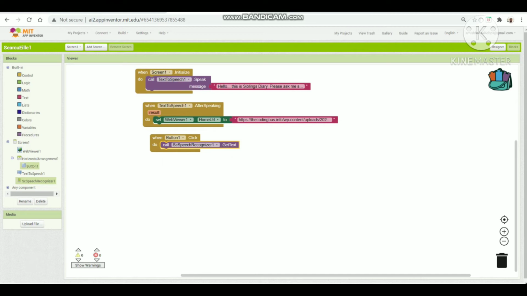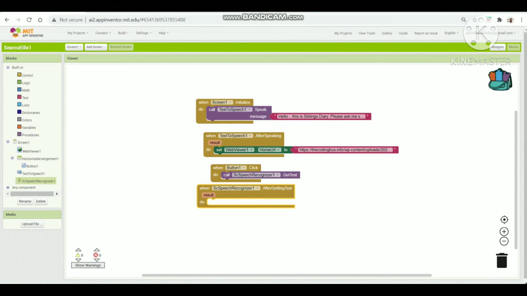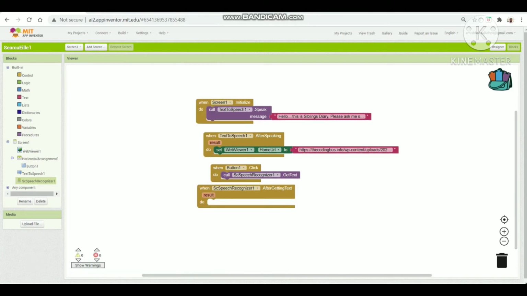Now drag when speech recognizer dot after getting text. Now from the speech recognizer 1, I have dragged when recognizer 1 dot after getting text.